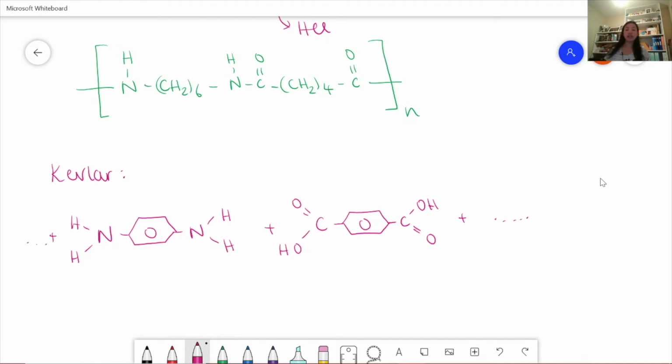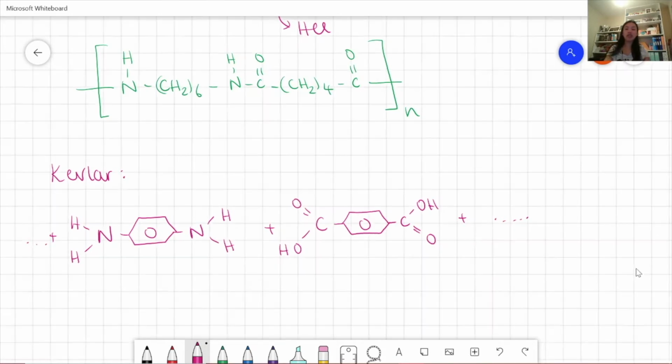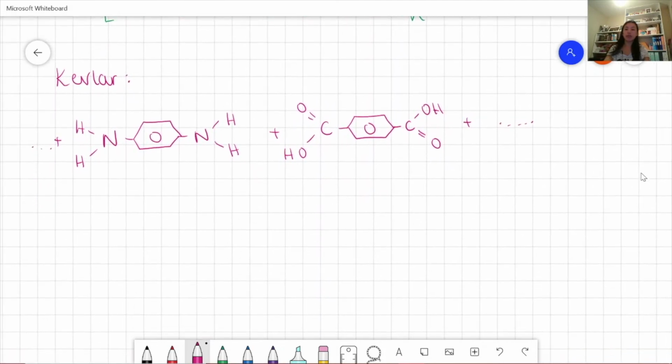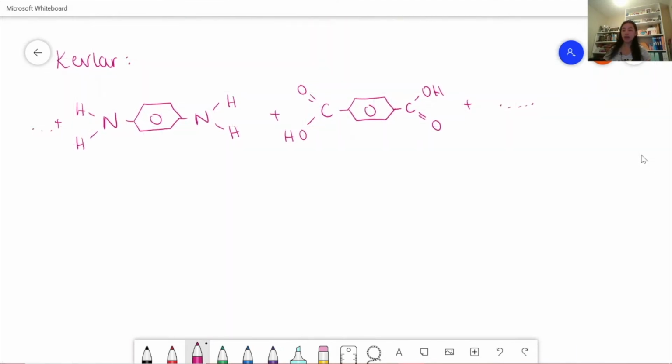And you can see that this is quite easy to remember because they're both based on benzene, and they're both on 1 and 4, both of either the amine or the carboxylic acid groups. And so the 2 monomers for Kevlar are really easy to remember. And then what happens is that we liberate the waters, and so this water becomes liberated, and so on down